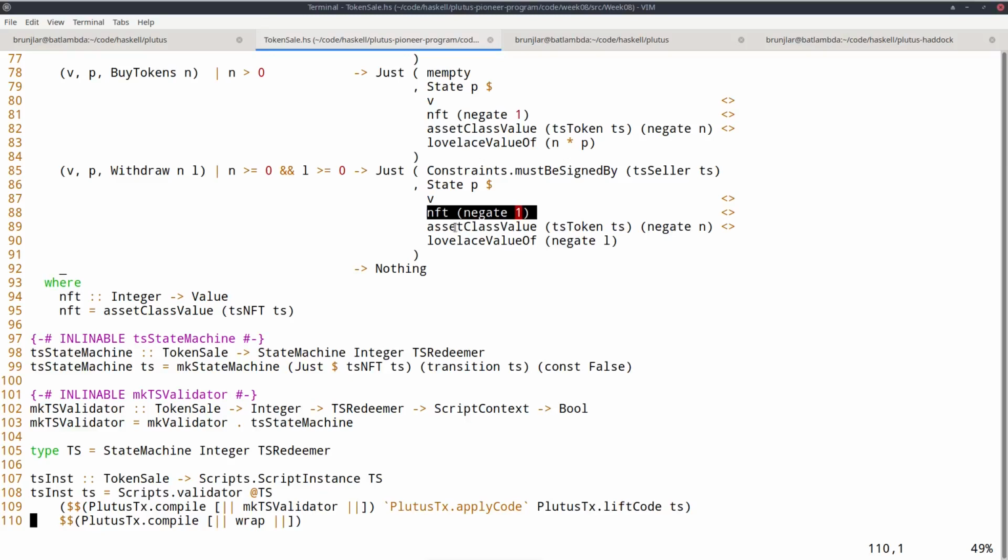And I just subtract the tokens and I subtract the Lovelace. And all other state transitions are illegal. Oh yeah, and as a helper function, I have NFT, so this is just the value of the NFT that I use here in all the cases to correct for that. So once again, the meaning is that the NFT just stays in the contract. It is there in the first place and it never leaves it again.